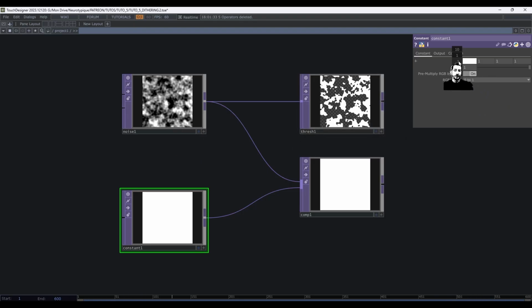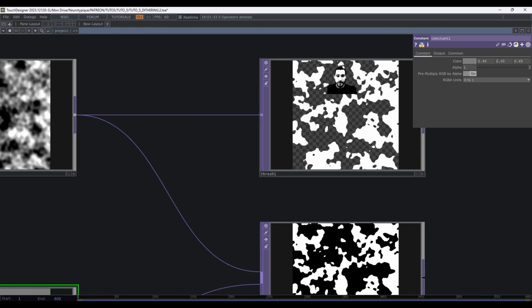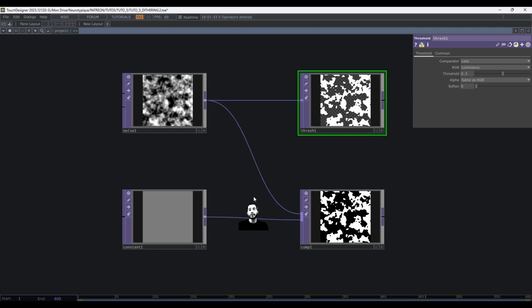I long click and go right. And now you can see that I can adjust my image, and it makes the same operation. If I put it at 0.5, we should have the same, or maybe just reverse in terms of black and white. 0.5, yeah. And so this is the same. You can see this is the same operation here. You can see the small islands. So basically we just recreated this operator with two operators.